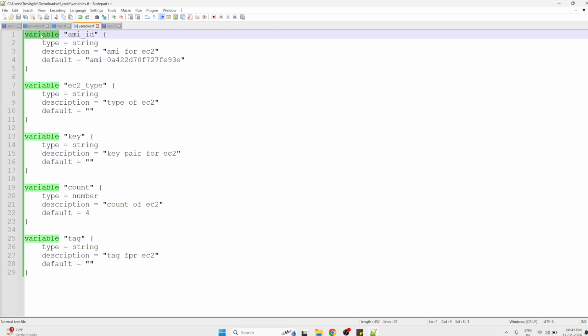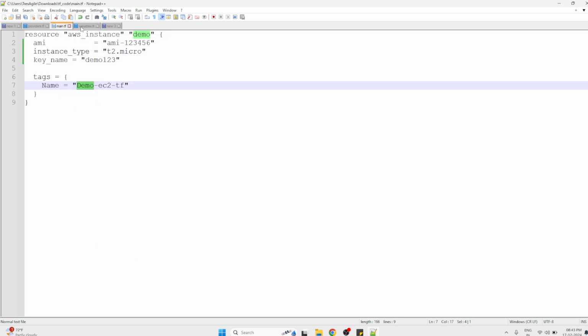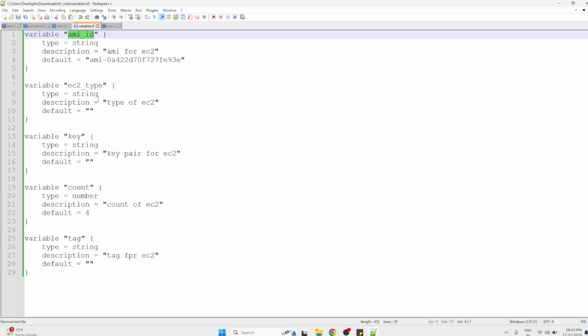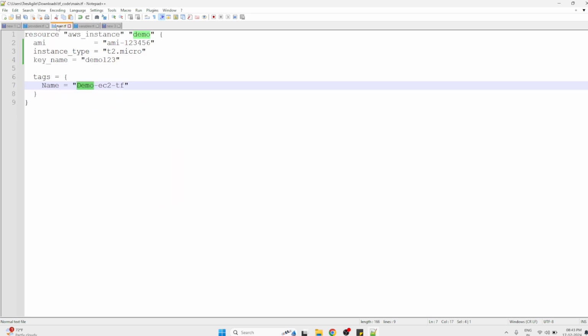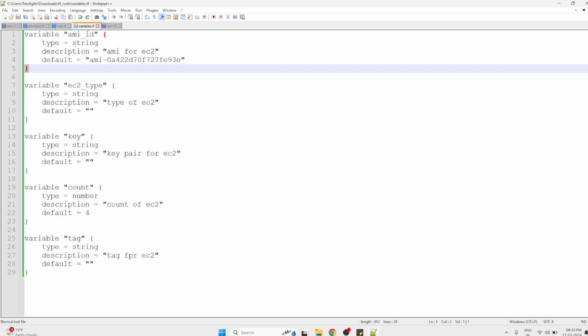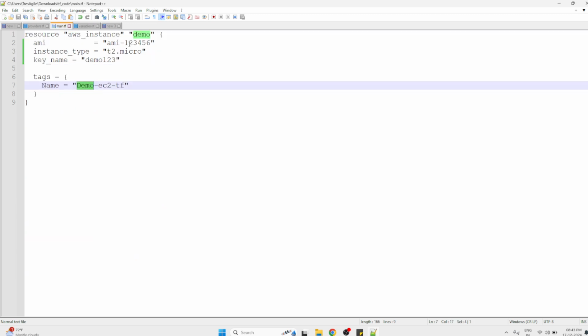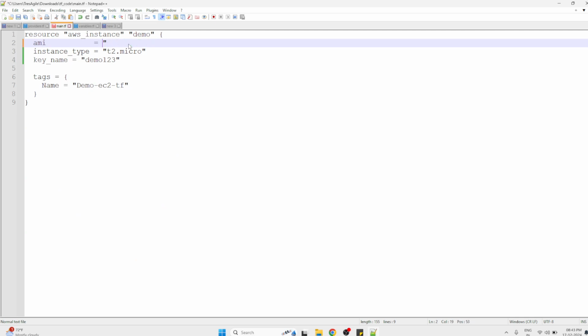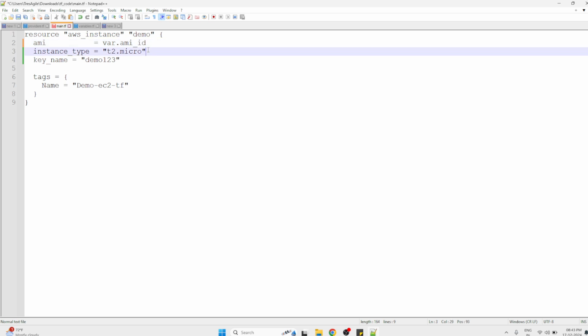You define a variable like this. So this key we have to use. Let's start using it here in our main configuration file wherever we need it. Of course you may see here some values are not there, some values are there, but how to pass them we will see later. For now, let's see how to use this. If I want to fetch a variable value, I have to use the key. So how? var dot, this is the key, right? And of course var dot